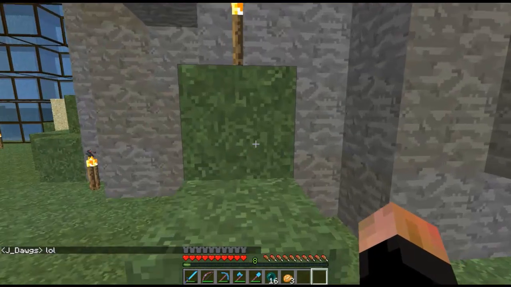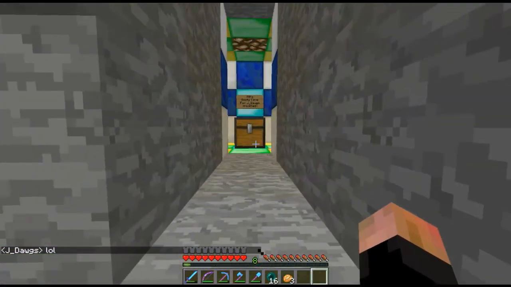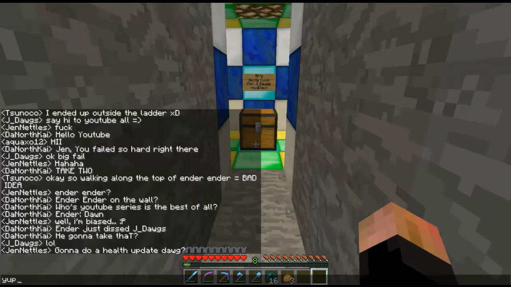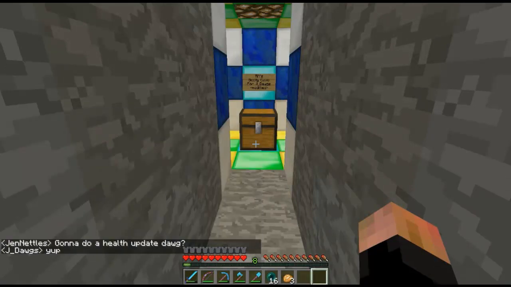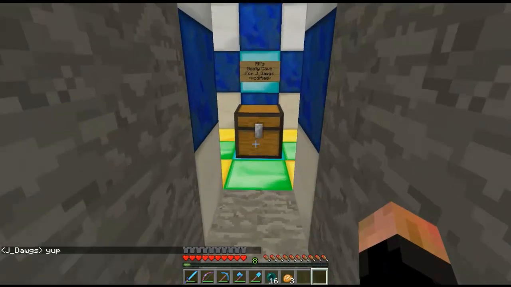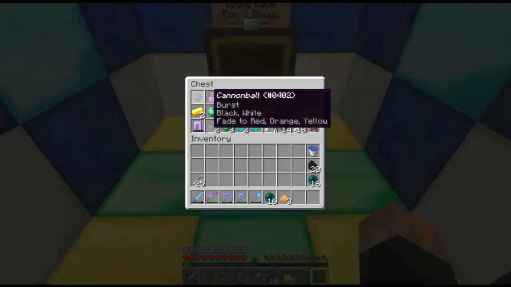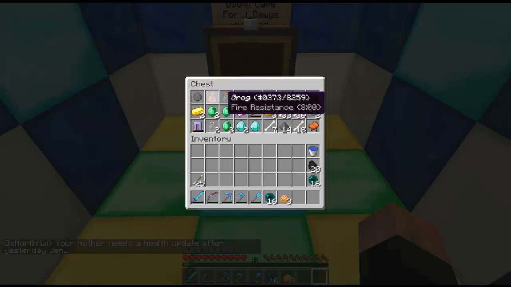And we're going to go take a look up here because somebody left me another little chest here, which I found out it was, yep. I found out it was Unliked, which is another guy on the server here, that left me some presents, and so we're going to go through here and look, and we've got a cannonball, which is a firework basically, grog, which is a fire resistance potion,